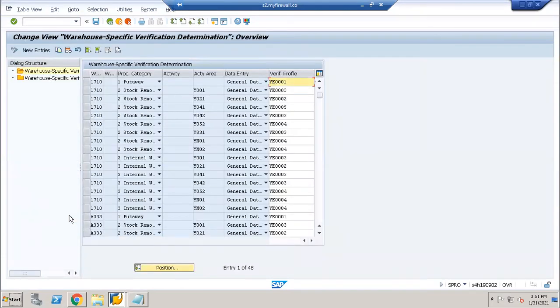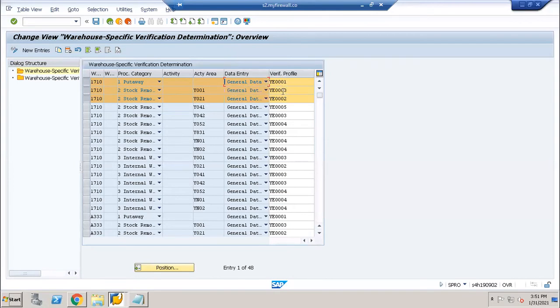Which operation? Like for 1710, one is for put away, second for removal. Okay, for a specific activity area, for a specific verification profile. Okay, third one for stock removal, but activity area will be different. Okay, general data entry for RF, voice recognition for pick by voice, it is not required here, right?